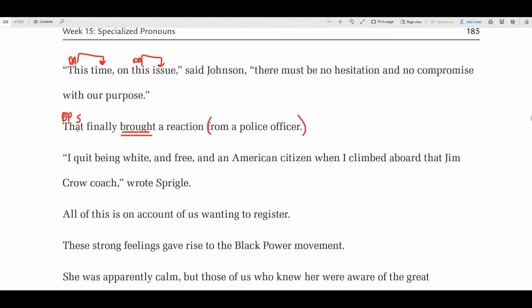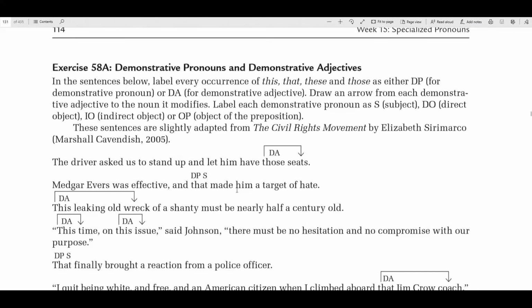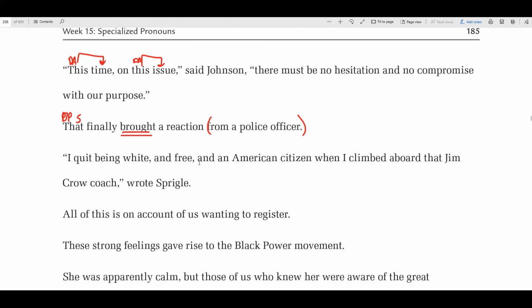There we go. Let's do this one. "I quit being white and free and an American citizen when I climbed aboard that Jim Crow coach," wrote Spriggle. All right, we're looking for this, that, these, and those. That. Okay? I believe this is answering which one, so that would make it a DA. Okay, which one? That